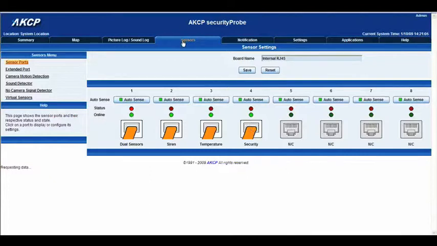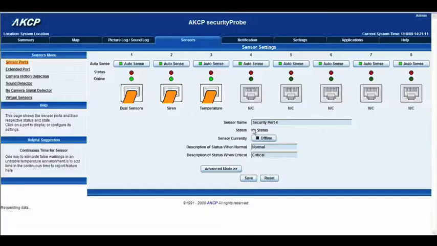So here we are on the sensors page, and we'll go ahead and click the little logo here that says security. And this brings us to our security sensor page. Now let's have a look at the first bit here, which is the sensor name, which is security port 4 right now. In a real world situation you wouldn't really be calling it security port 4. You'd probably call it something along the lines of front door